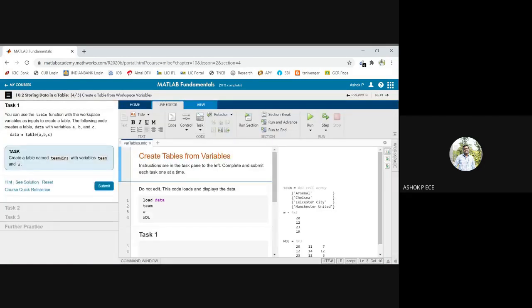Now we are going to see how to create a table from workspace variables. Already you would have so many variables in the workspace, right? So how to create tables from those variables alone. See here, you are loading the data, you are